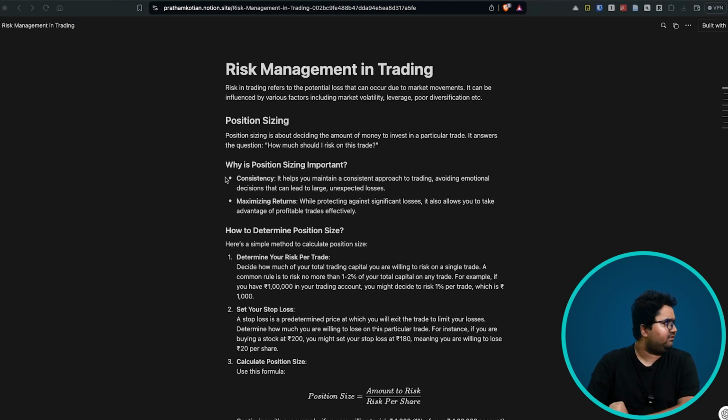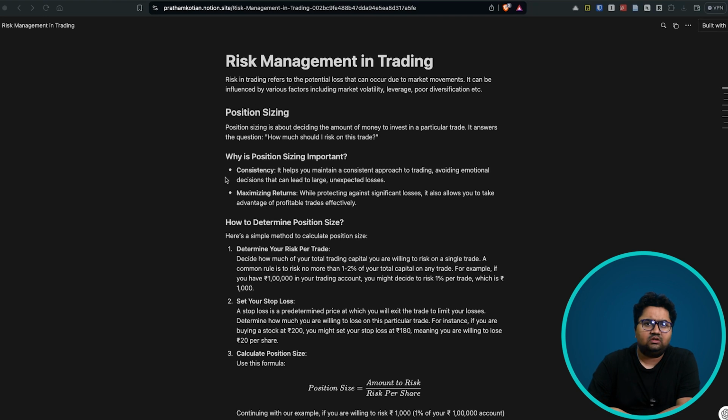Let's dive in. Risk management in trading refers to the idea that there can be loss, as I talked about. There are two, three components that are critical. One is position sizing. Given the capital that you have, let's say you have 1 lakh rupees or $1,000, how many stocks do you end up buying? That is, how to decide how many you should buy. It's a very simple thought, but most people don't follow a well-defined approach, and this conversation should give you that well-defined approach.